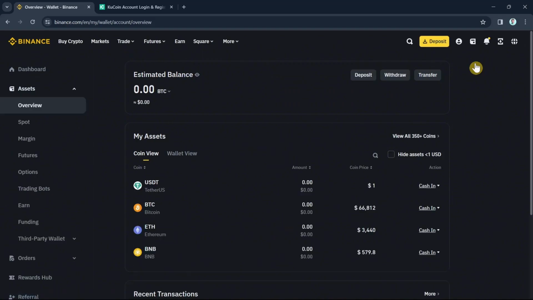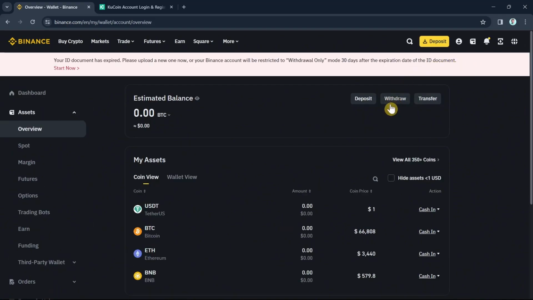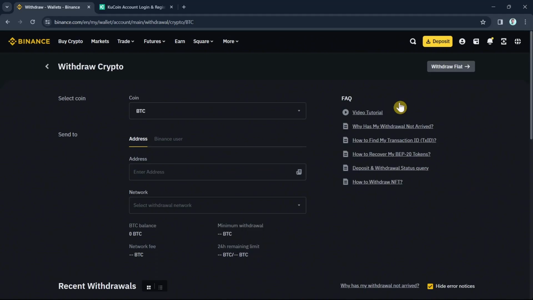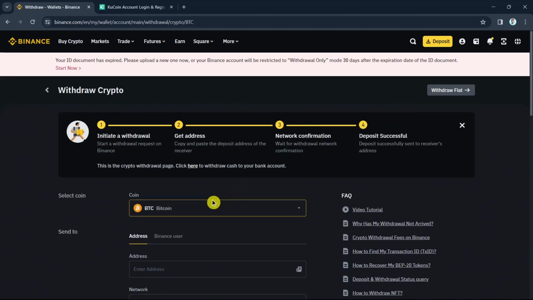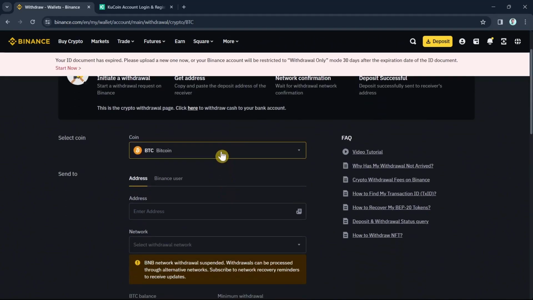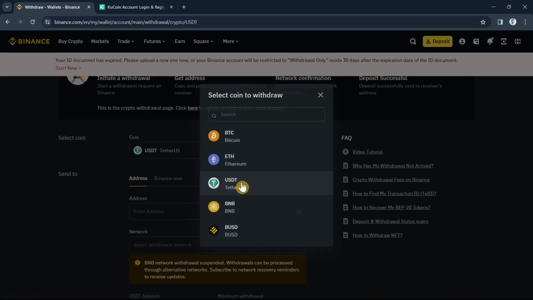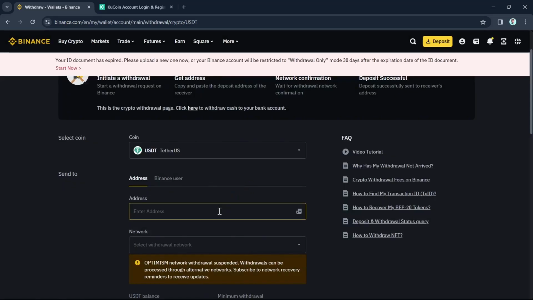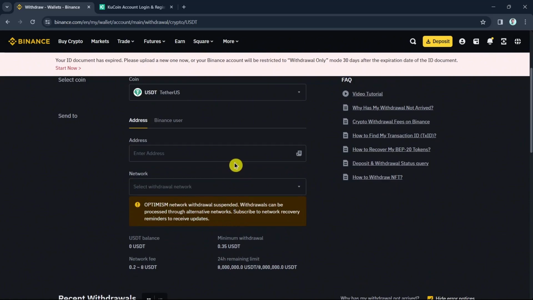Now here on the next page, as you can see, you just need to click on the Withdraw button right from here. And then on this page, when I go and select the coin, so basically click on the drop down menu and select USDT. And from here, you can select any exchange or wallet you want. If you're going to use a wallet, make sure that you're using the Tron network or else you will not be able to receive the USDT. But if you are using an exchange, for example,